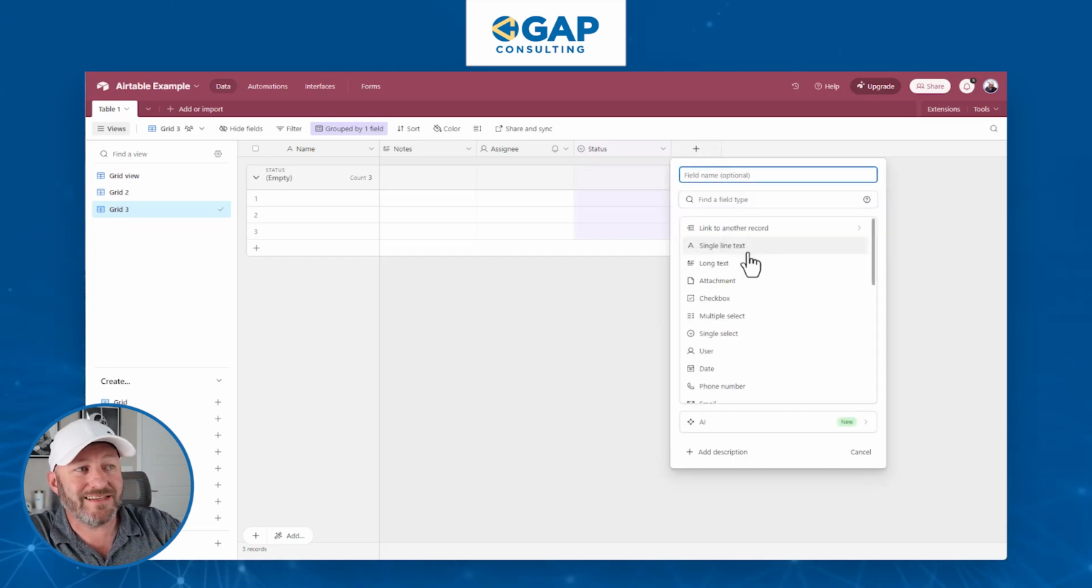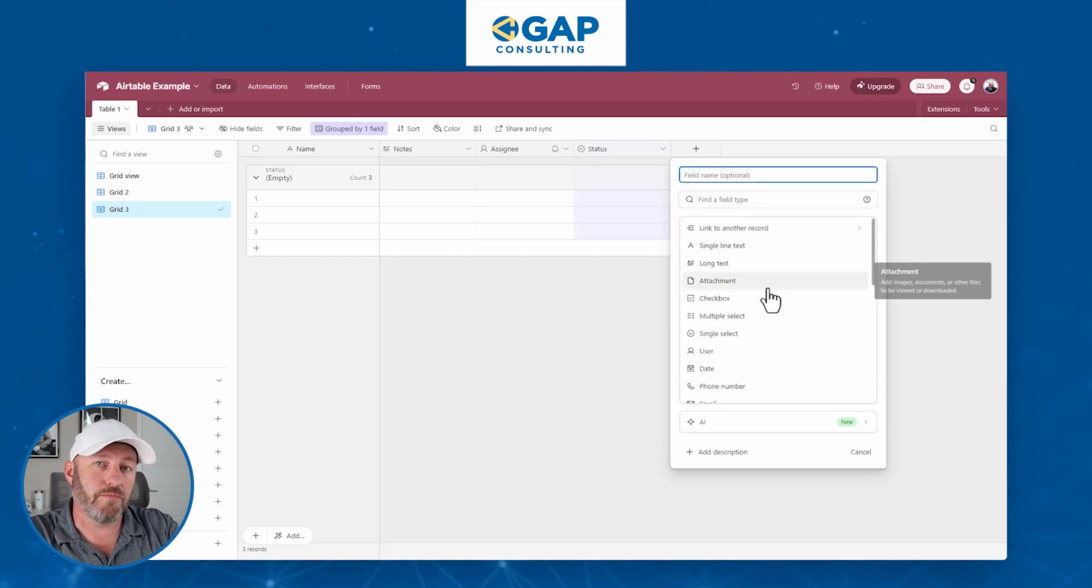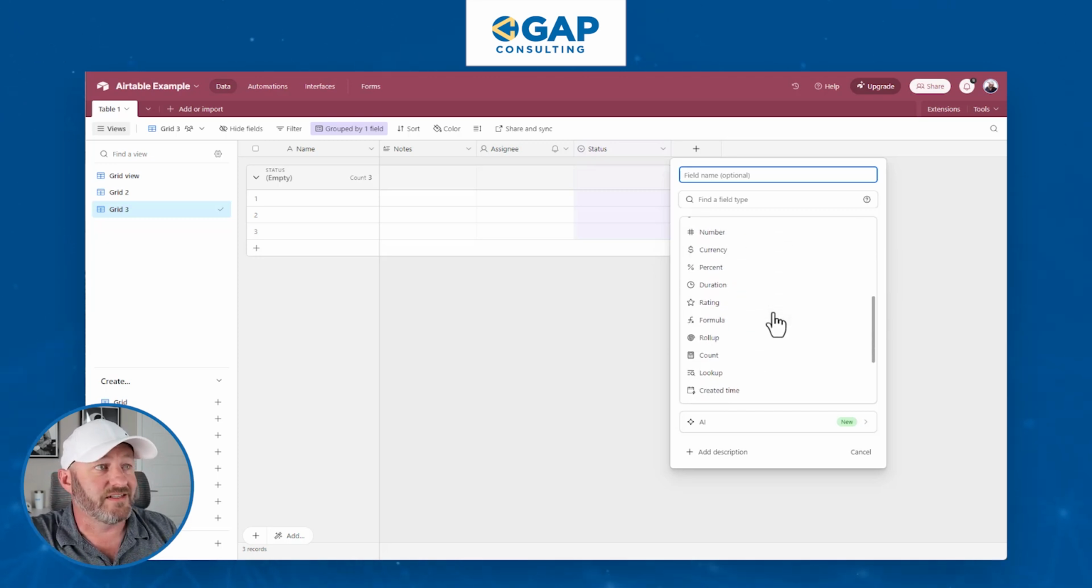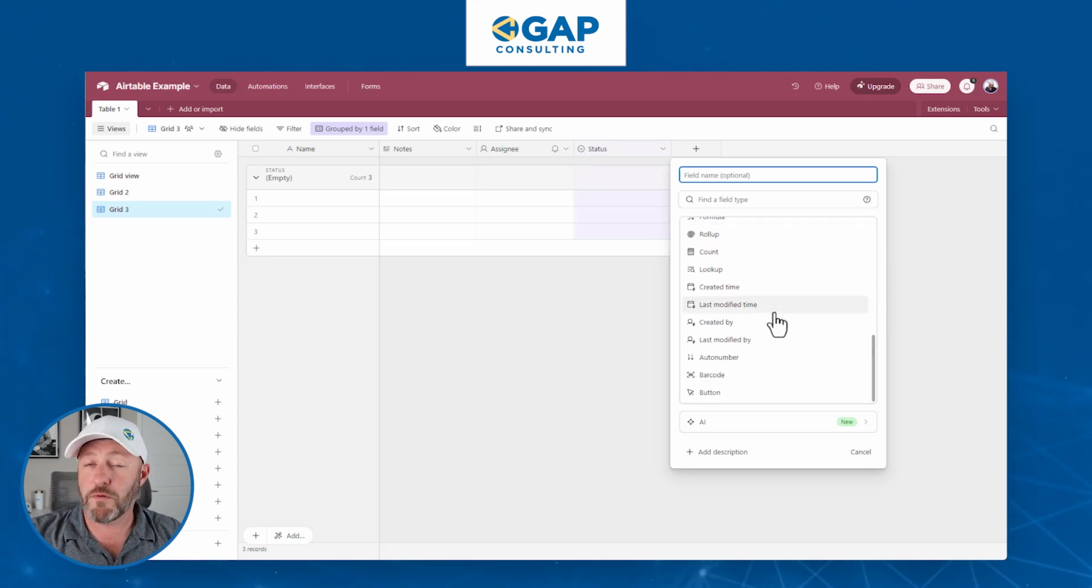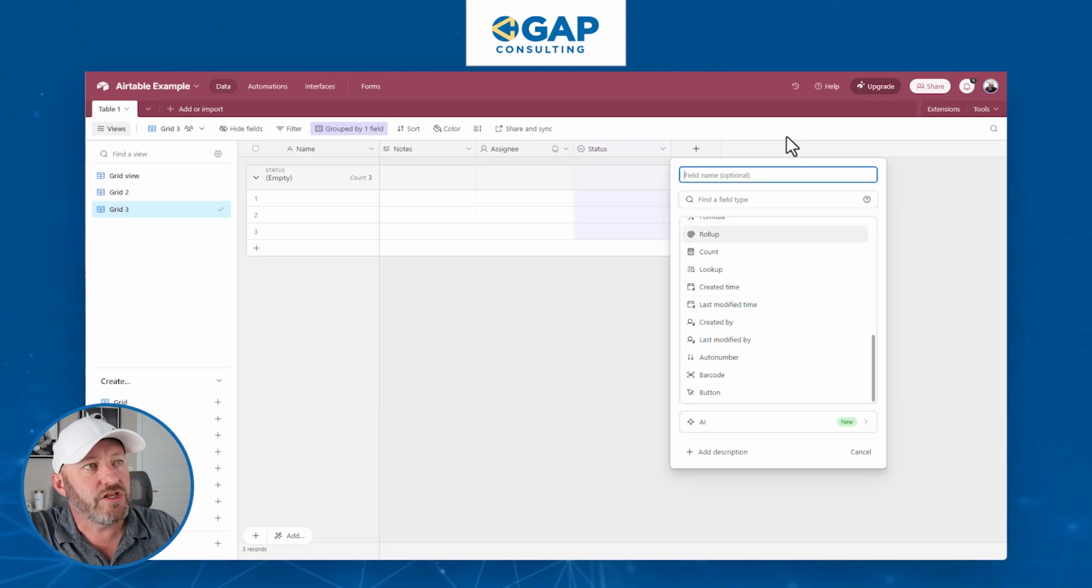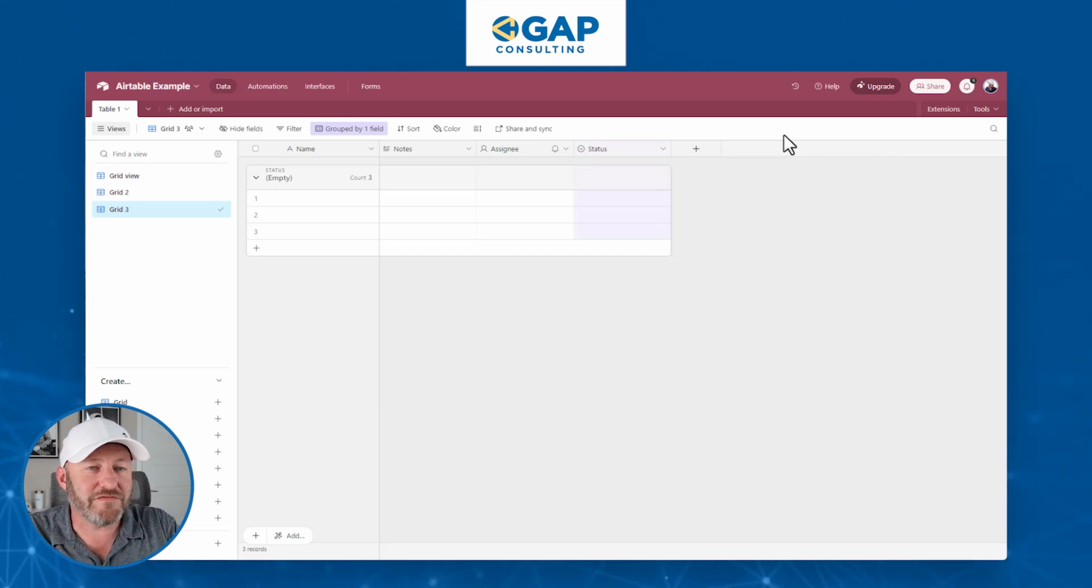We can stipulate the type of data here and even include more robust things like attachments, multiple selects, dates, formulas, as I've already demonstrated, etc. There are many different types of data that we can collect, but the same rules apply. When we set up our data schema in the back end, users can only put that type of data in